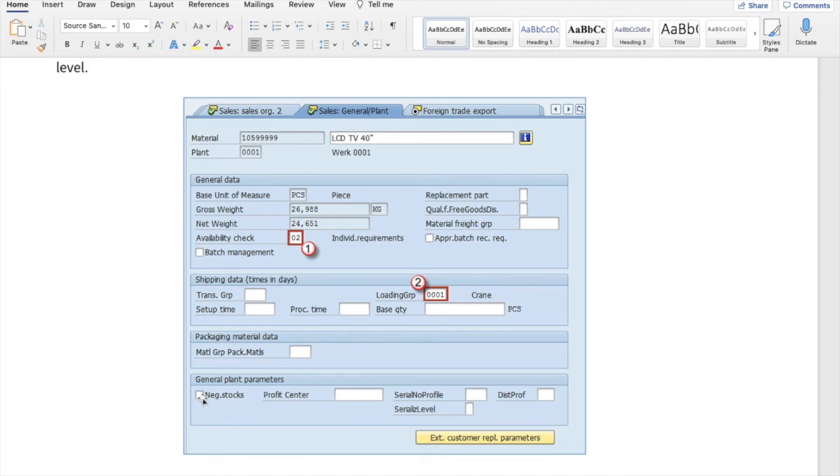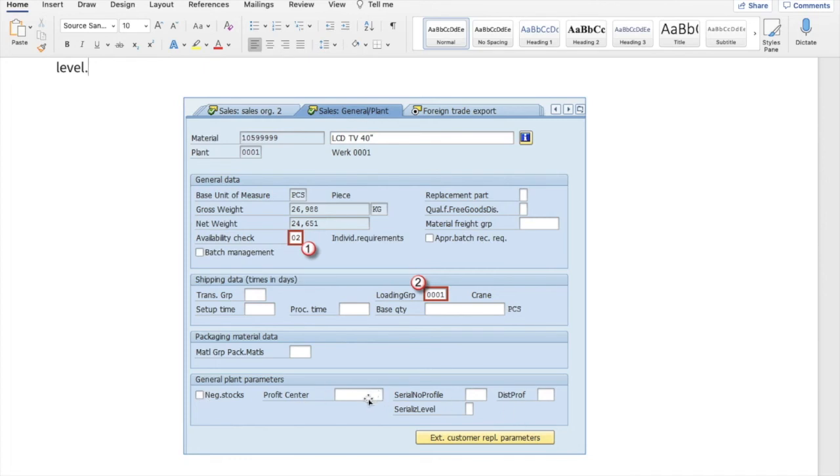If you click negative stock, it will allow you to book the sales order and then manufacture, procure or fulfill later. Normally it is some kind of hedging, so people have to be very careful in putting this kind of sales order, but SAP allows you to put it.